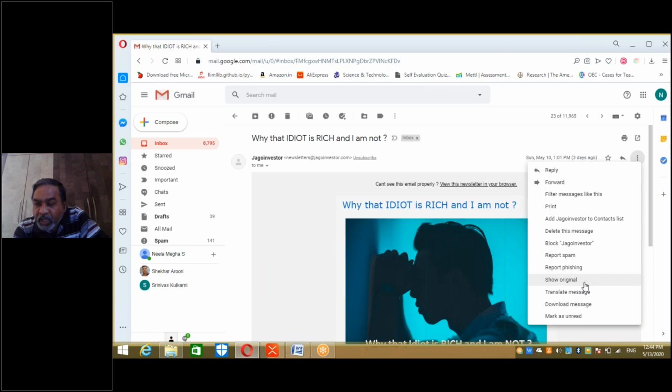Go with show original. In Google Mail, you will see it as show original. This is what you have to do to check whether a mail is a phished mail or not, that is, whether it is actually phishing. We'll see how it can be seen, right? In Rediff mail, there will be a header tab at the top. In Rediff mail, there will be a tab called header information. In Hotmail and Yahoo Mail, they are in another fashion. In Google, you go with show original.